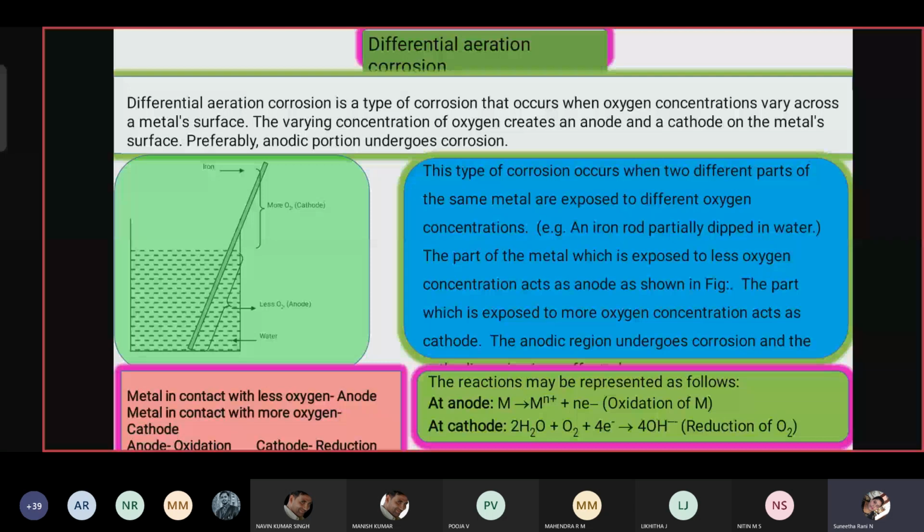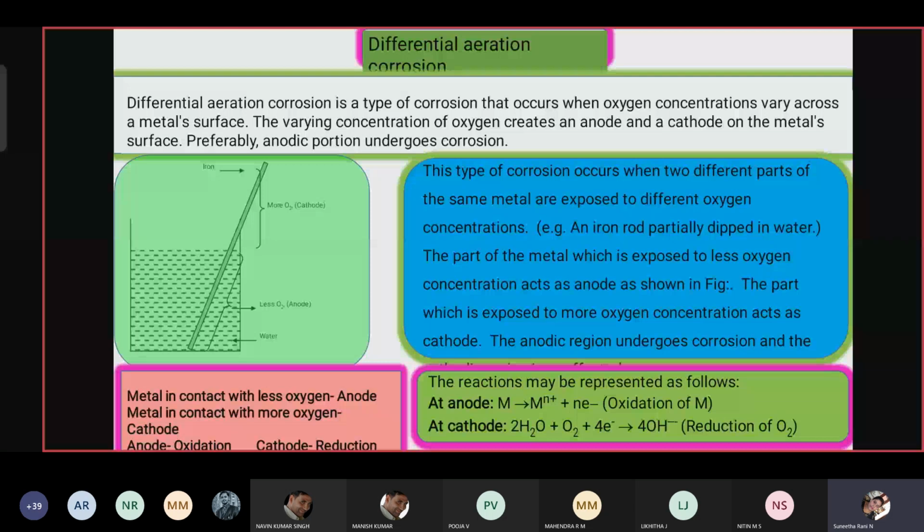Apart from this, we have other methods like paints, varnishes, using inhibitors, organic inhibitors, coatings, and connecting to other metals. Also, we can control corrosion. So in this subtopic, we have a method of corrosion controlling methods.